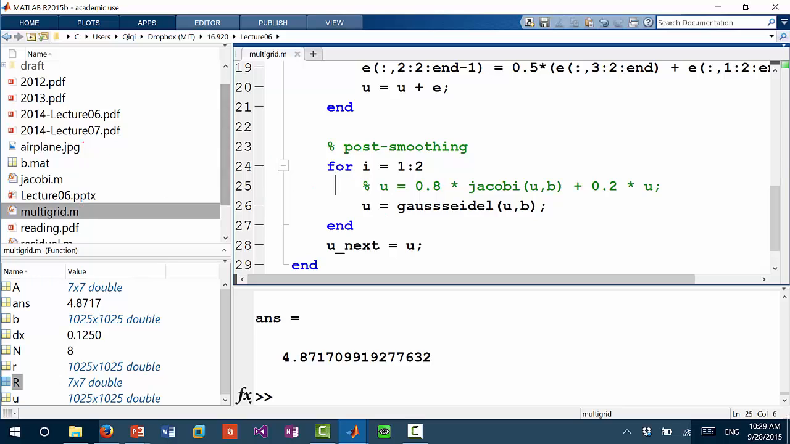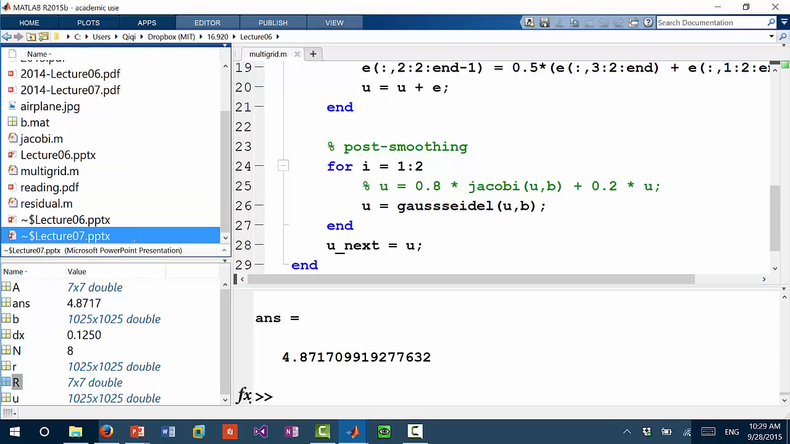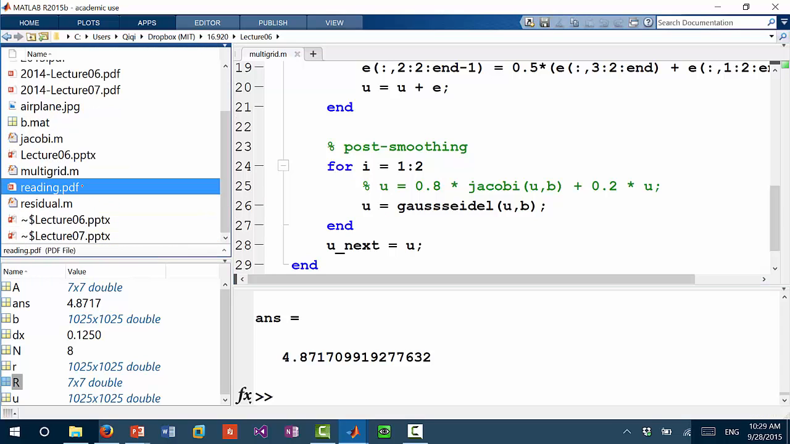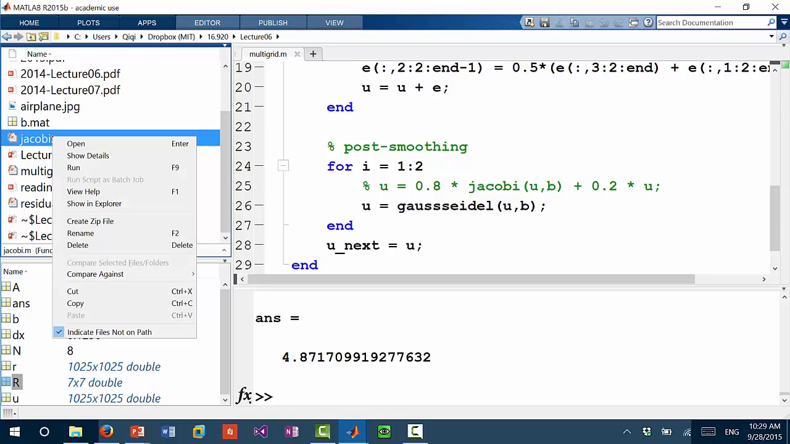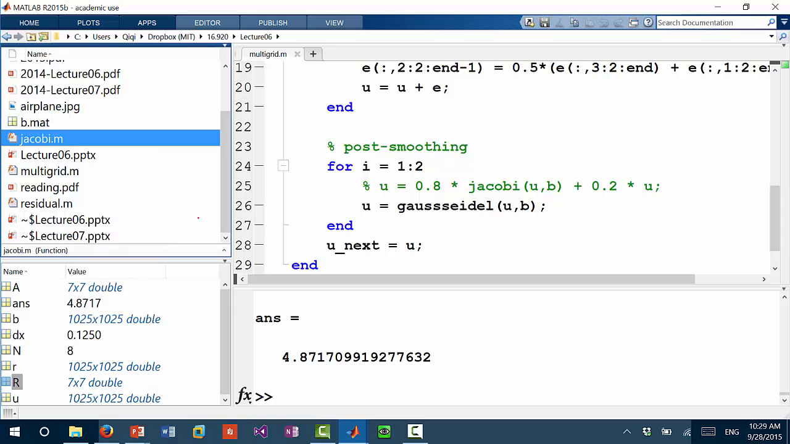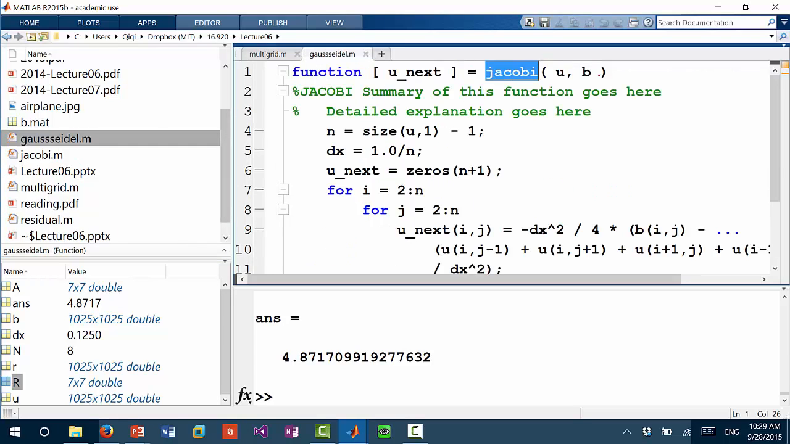I try to save it. And let's copy the Jacobi. Where is my Jacobi? Copy and paste. Okay. Let's call it Gauss Seidel. And in MATLAB, you need to make this function name the same as the file name for this to work properly. And